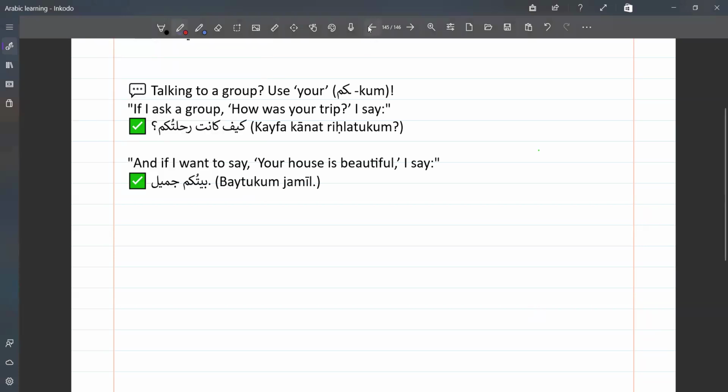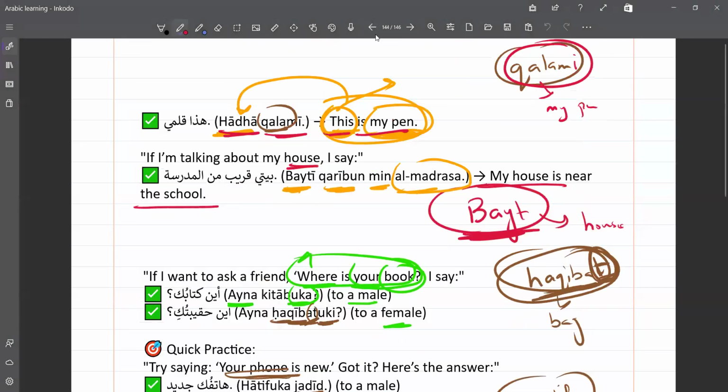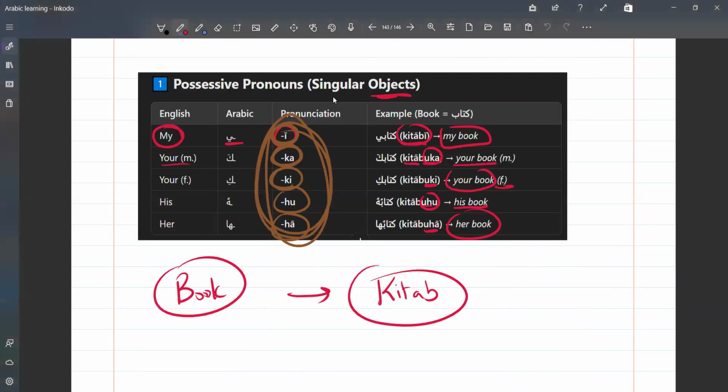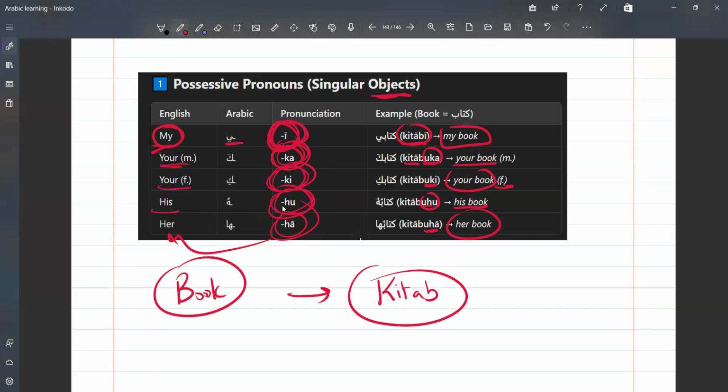So we studied in the last lecture that in Arabic, these possessive pronouns are the most important ones in speaking. So i, ka, ki, hu, ha. I means my. Ka, when you add ka to a word, it means your for a male. Ki, your for a female. Hu, his. Ha means her. Like if I say kitabi, my book, kitabuka, your book, kitabuki, your book to a female, kitabuhu, his book,